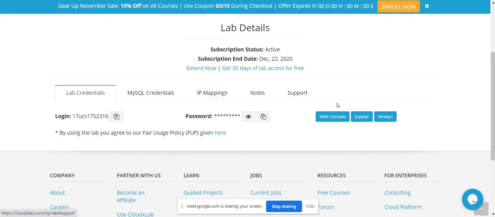Now again we log into another web console for demonstrating the Node.js part.